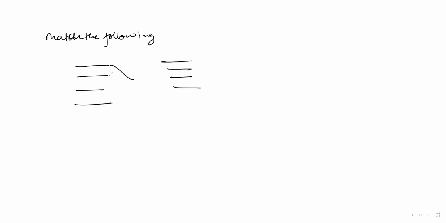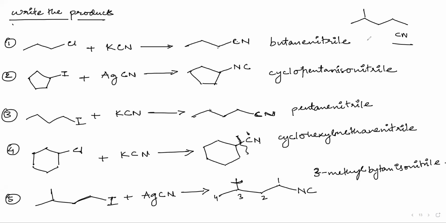Match the following. Yes, sir. That kid will join everything in the video. The kid will join everything now. So you have 1, 2, 3, 4, and here you have 1, 2, 3, 4. So Amalya is trying the same thing. She's writing CN here. So the teacher will mark it as wrong, okay? Because the correct answer is that the nitrogen should be bonded. I mean, it should be touching. Like this, if you write, that is also correct, because this bond is particularly touching nitrogen here.